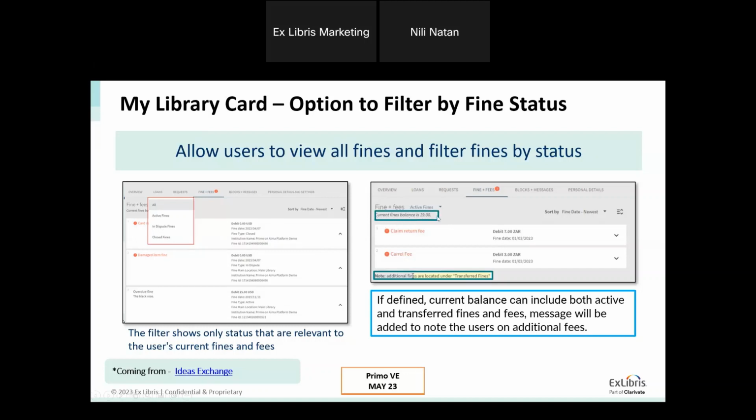This calculation can be done in two modes. Either they are calculating only the active fines, and for some institutions there is also a parameter in Alma that tells that fines can be calculated not only for active fines, but also for transferred fines, the total. So you can see here an example for calculation of fines that is not only for the active fines. You can see for active fines that I'm sharing here, you can see 7 and 3, like a